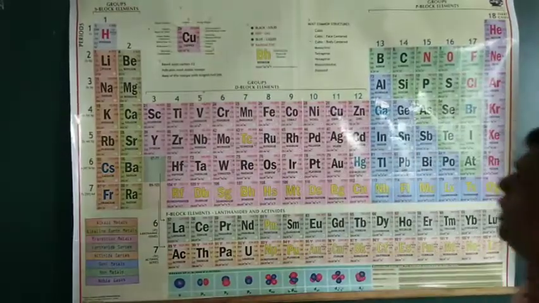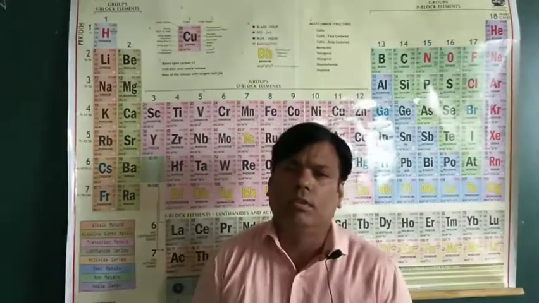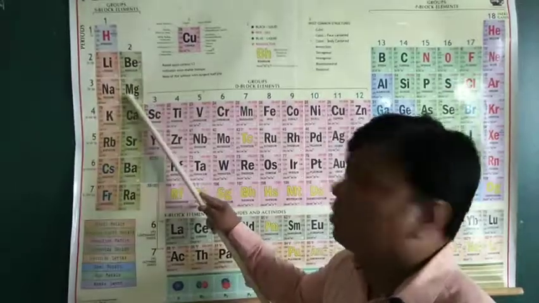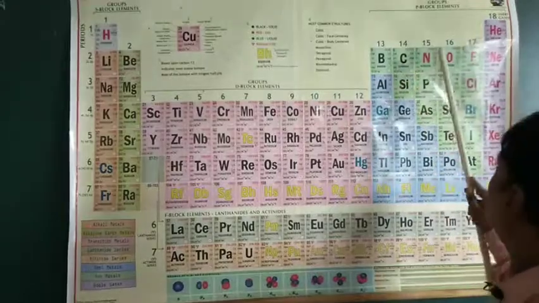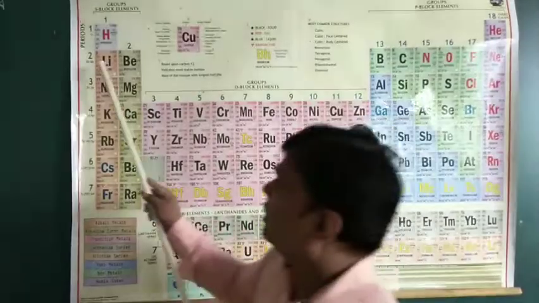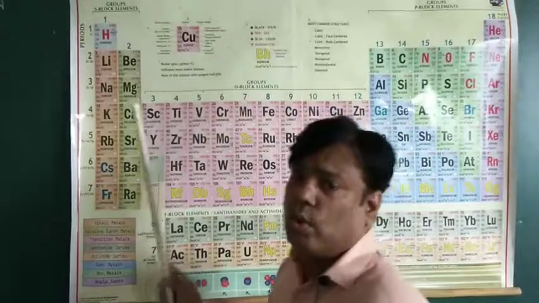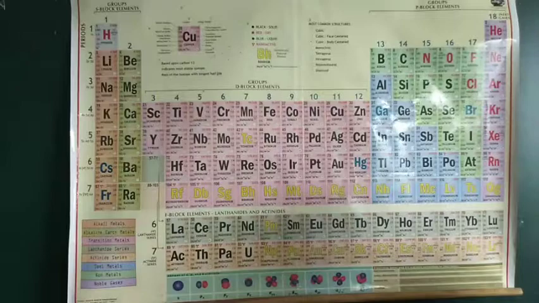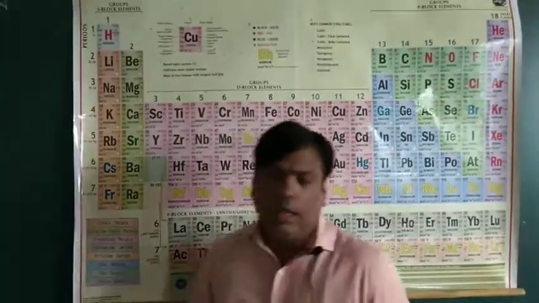So what about reactivity? Actually, reactivity depends upon valence electrons. In the first group, valence electron is 1, then 2. For these, valence electron is 3, 4, again 3, 2, 1, 0. If valence electron is 1, it is more reactive. If valence electron is 2, it is less reactive than 1. Okay. So these are some properties like electropositivity.